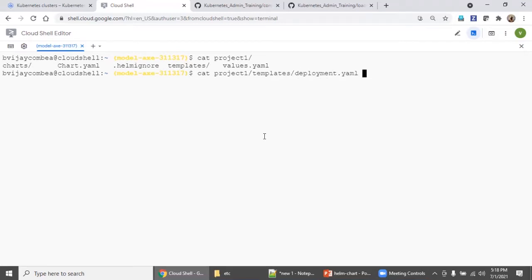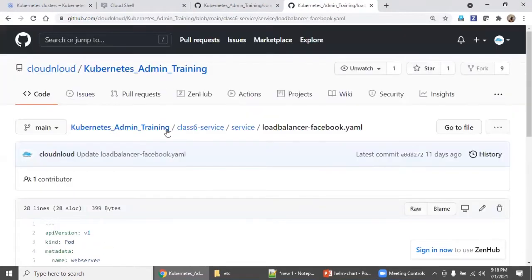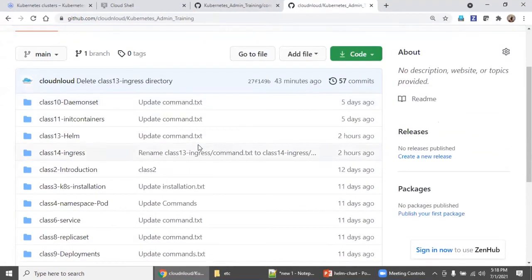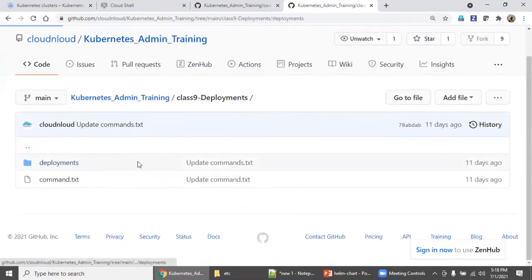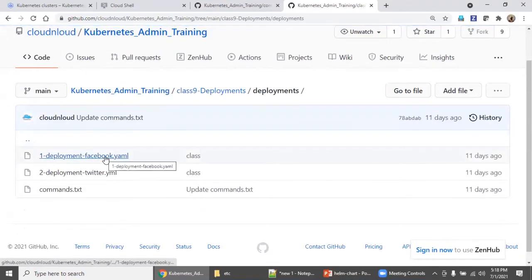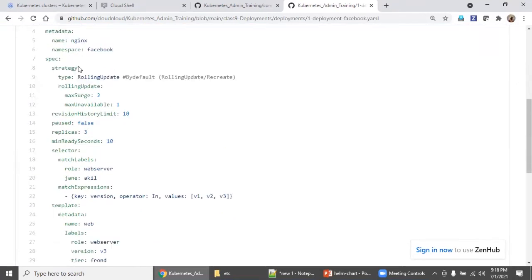I will show you cat project one, templates, deployment. See deployment. If I go here, there is a deployment class. So let's go to the deployment class. Open any of the YAML files, say this deployment YAML file. It is exactly this, but not with hard-coded values.